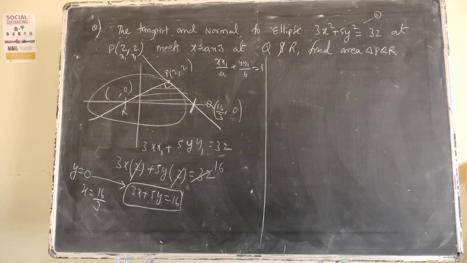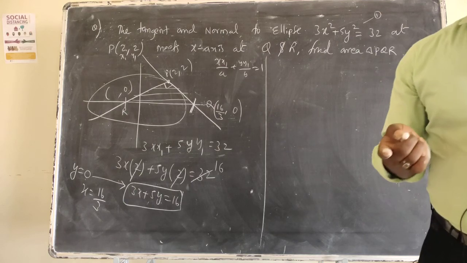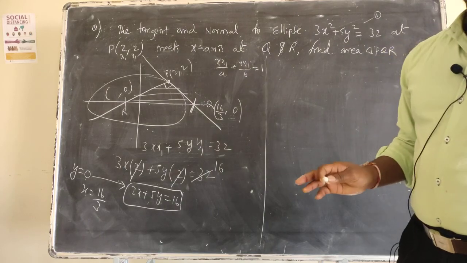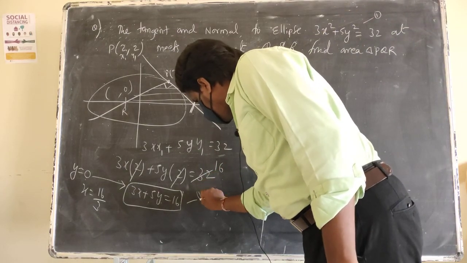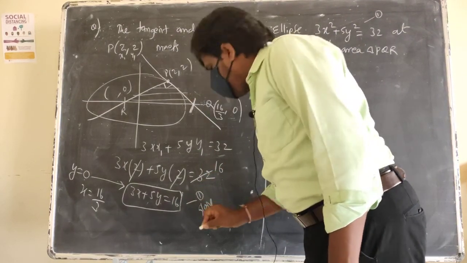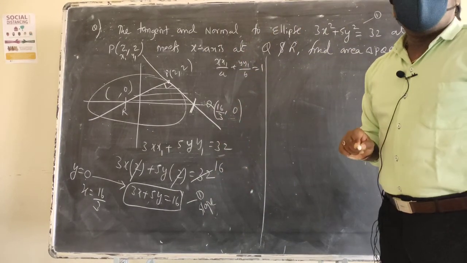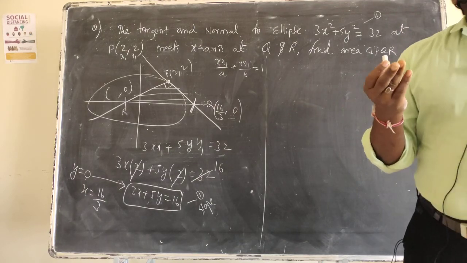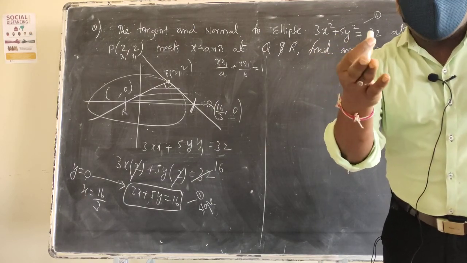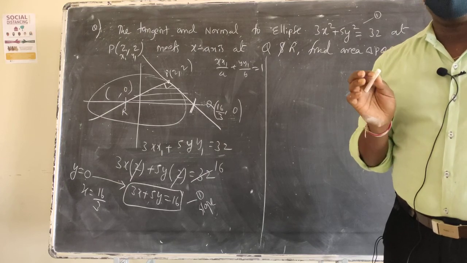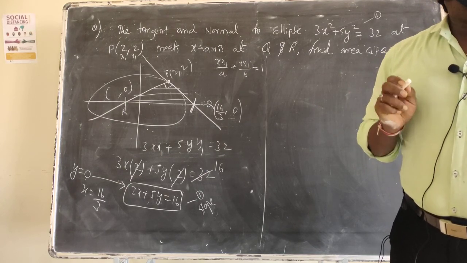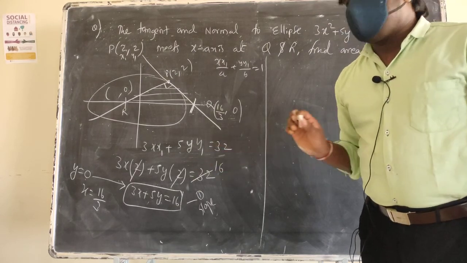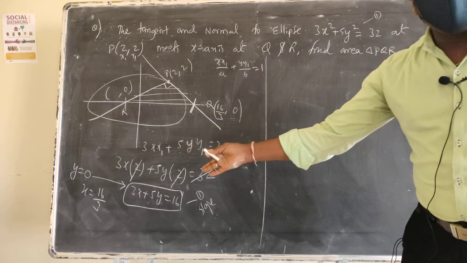Otherwise, if you don't remember the formula, you just find the slope of this tangent. Because I know you people forget that, I am telling this method. Otherwise, if you remember already, I have done a special video on how to find the equation of the normal, where I explained it by formula only. Now, what is the equation of the tangent here? This one. Is it clear?